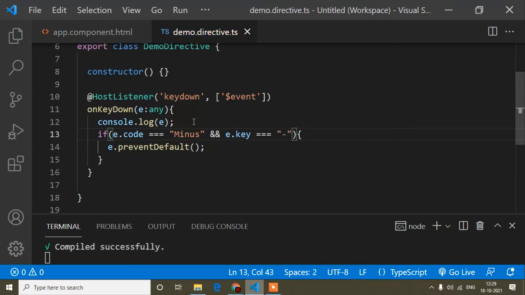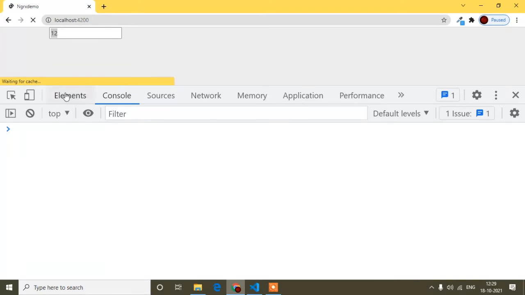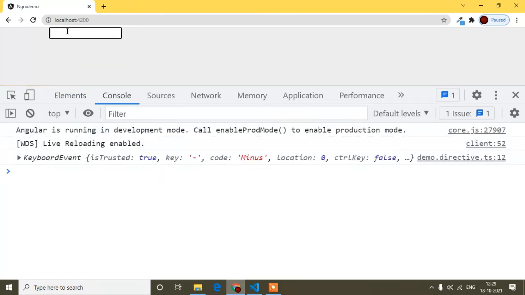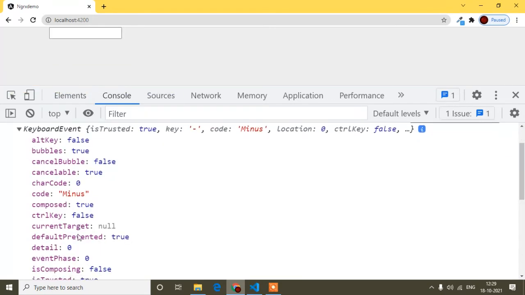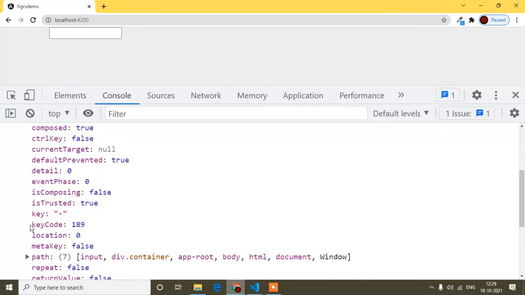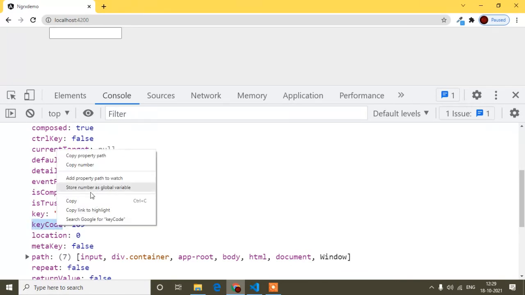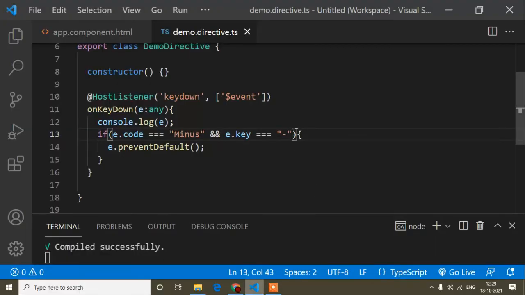And the another thing, so first of all I will check what I was getting: minus, and another thing I was getting, that is keyCode. So when I was pressing minus, the keyCode is 189. So here I will copy this one, and here I will write another and condition, e.keyCode.